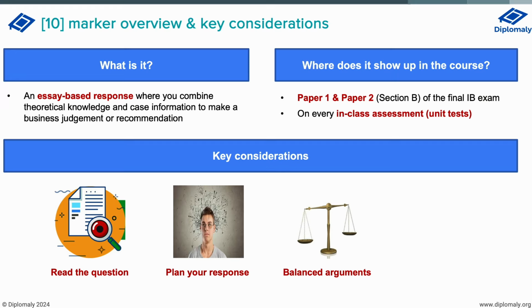So take a 10 marker that looks at evaluate whether company X should expand into the Canadian market. There, your 2 points or 2 paragraphs for should be yes, they should expand into the Canadian market with 2 different reasons why they should. And then your 2 points or 2 paragraphs against should be 2 reasons as to why the company shouldn't expand